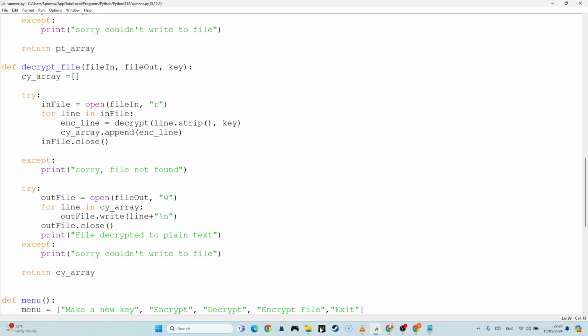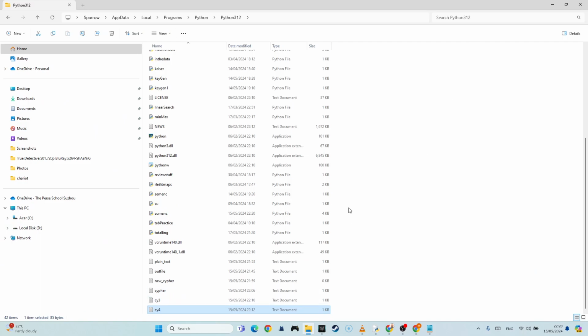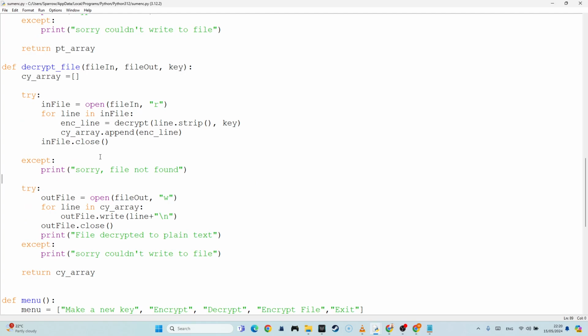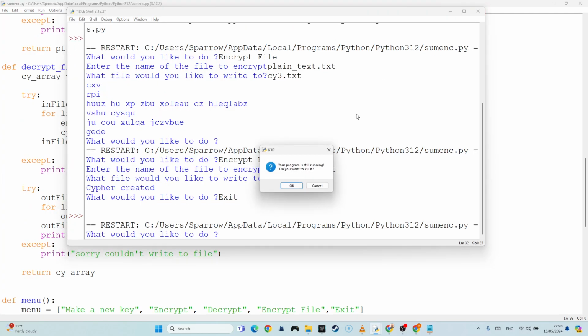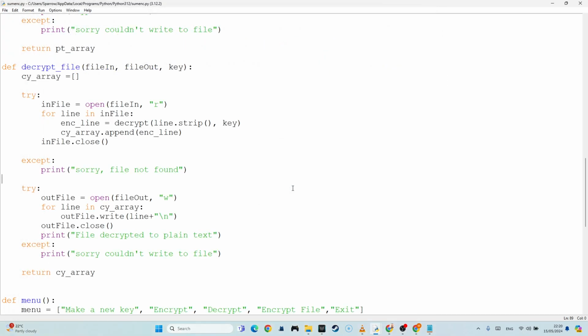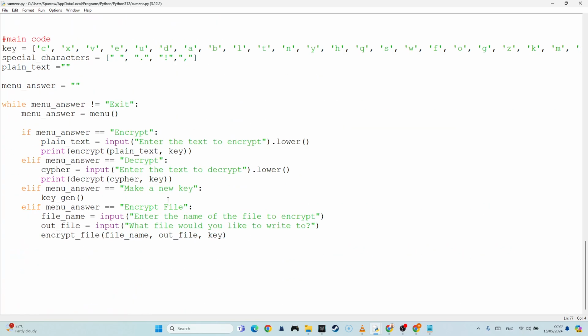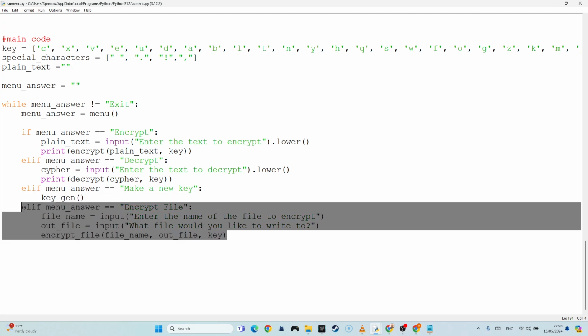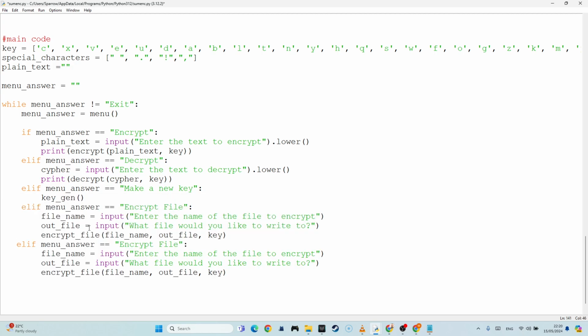So, just to remind you that CY4 and CY3 contain the cipher. So hopefully, let's do a new one. So hopefully, what would I like to do? Oh no, I've not added it to my menu. Stupid teacher. Okay, so I've got that, and now that I've got that, I have to add it as an option to my menu. So just like I've got encrypt file here, I want another option that says elif. We are going to decrypt file,